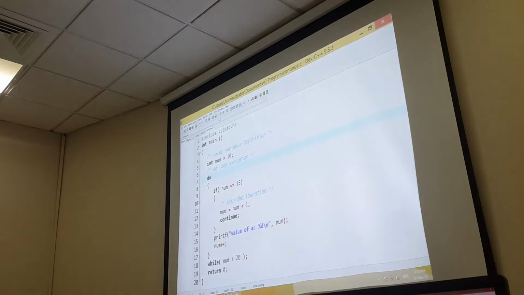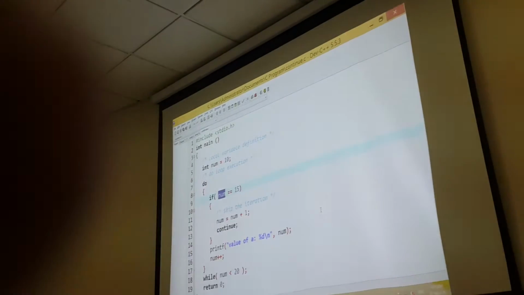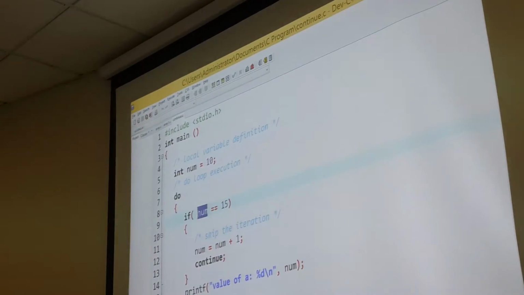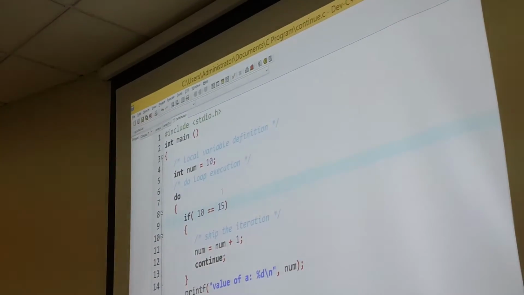Now, this is 10. First of all, your loop will continue till 14. There is no problem till 14. Now first of all, this value goes to the if condition. It will enter into the do loop and it will go to num. Now let's suppose we have 10 here.